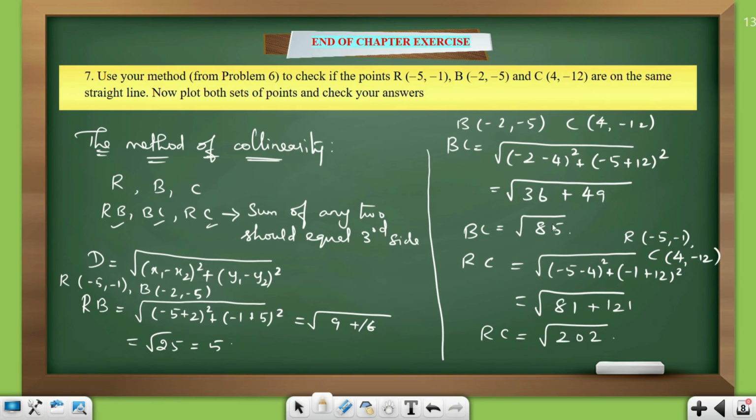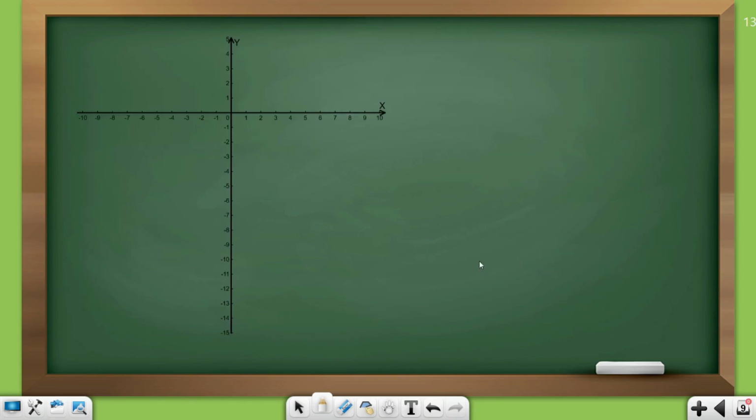So the first possibility is wrong. If we add the second and third, we won't get the first answer, because root 85 and root 202 we are not able to add, and the answer is not going to be 5. Then first and third: if you add 5 and 202 we won't get 85. So from the three answers we got,